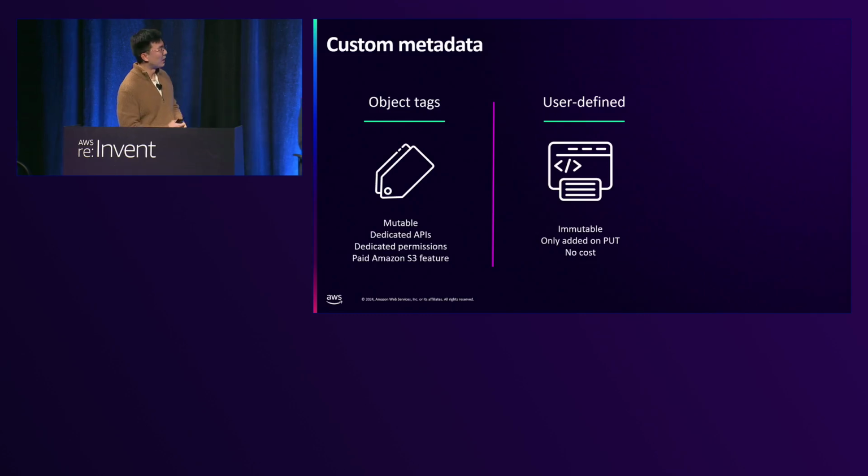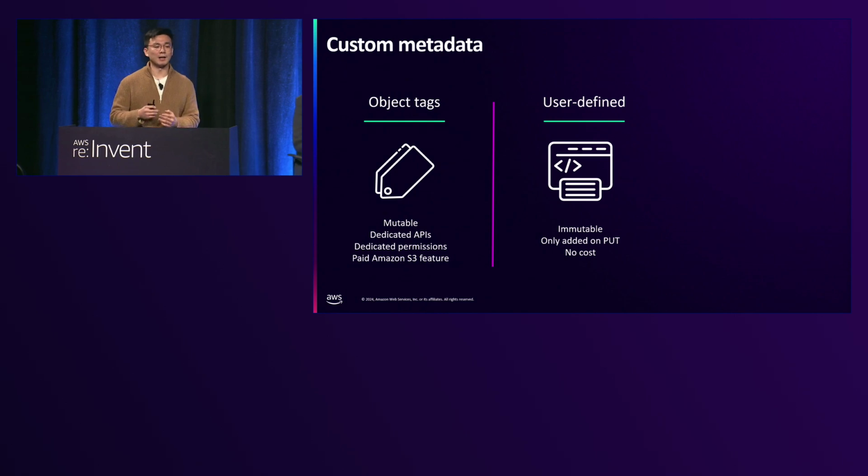What are they? So object tags are these mutable object level tags you can attach to objects, and you can change them whenever you like, even after the object has been created, with arbitrary key value pairs. User-defined metadata are these immutable metadata that you attach as part of extra headers when you upload an object to